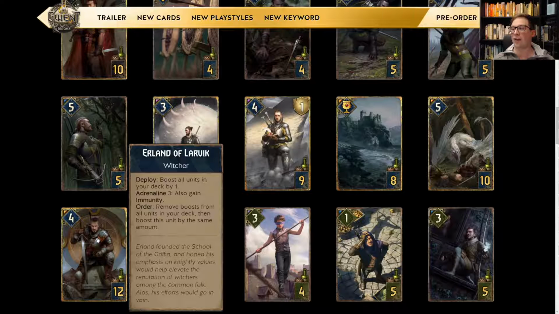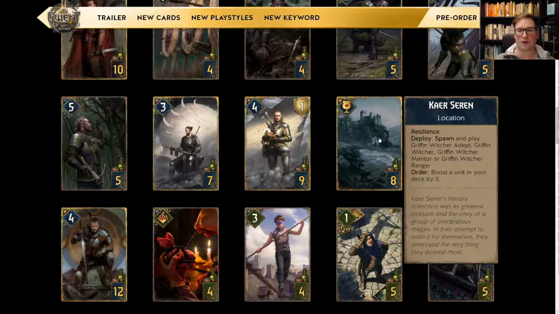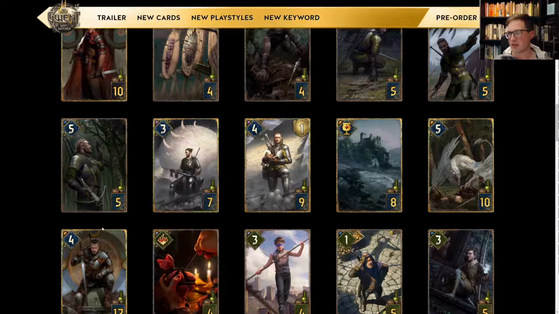So I just think, and I would love to be proven wrong, even though I love Northern Realms, that Erland is the best card in this expansion. Just like incredibly versatile, and the other cards that have been put here are just so helpful for him. Also note Kersen in here, so resilience and spawn one of the Griffin Witchers. The order boosts a unit in your deck. So like all the deck boosting that has really only benefited Scoia'tael is now coming to Northern Realms, and it has